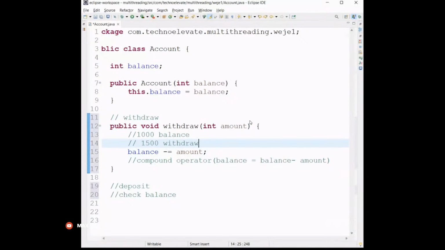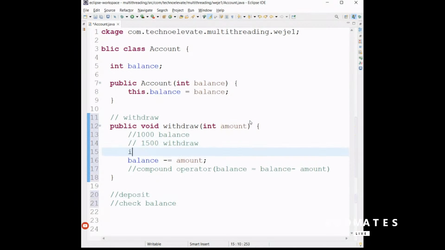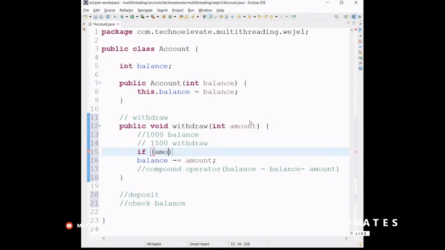Need to check the calculation whether whatever amount that is there is less than my balance amount or not. Only if it is less than my balance amount, then I should allow the user to withdraw the amount, correct? So now what we have to do over here, if balance is greater than,